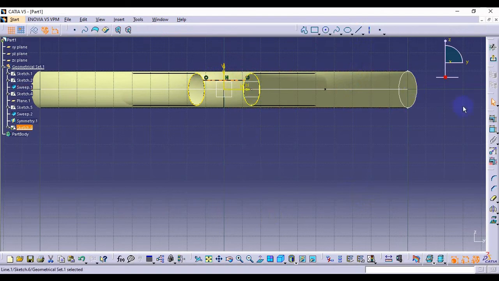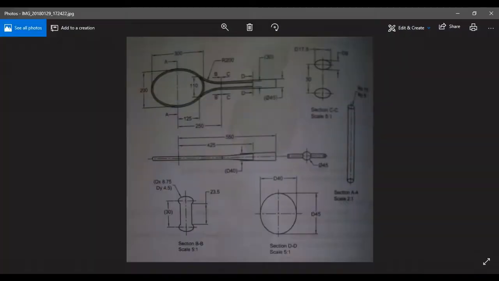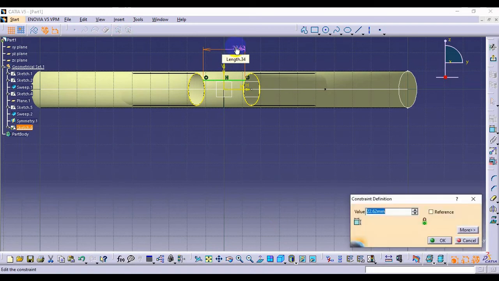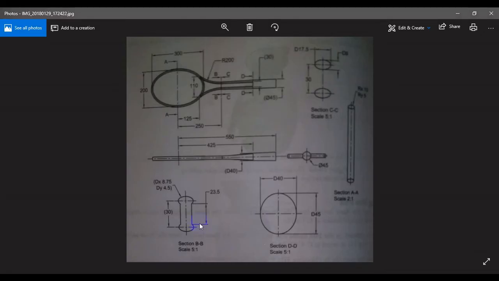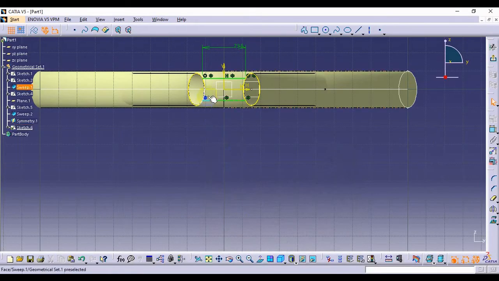Now simply specify the dimension. The dimension we want is 23.5. Okay, now simply do the symmetry of this one across this one. Symmetry, select this line across this one. Okay, fine. Now we want the profile like this, so I have to trim this part